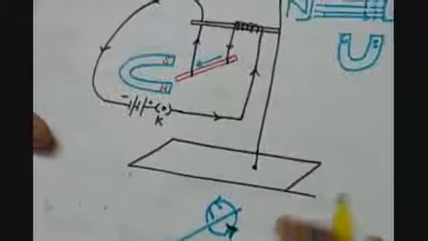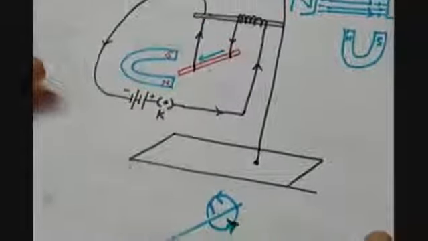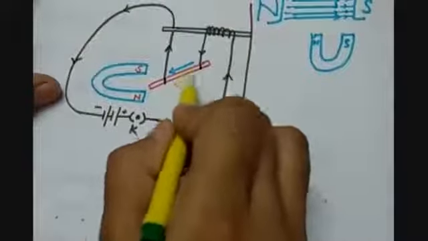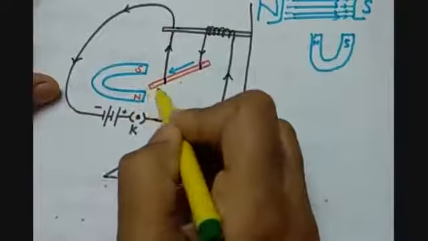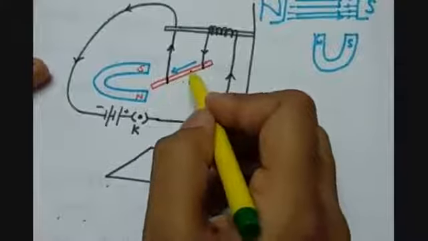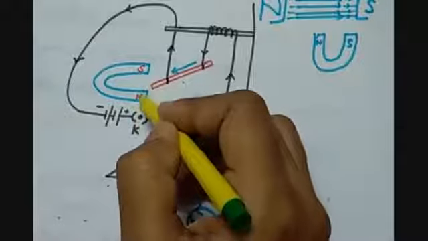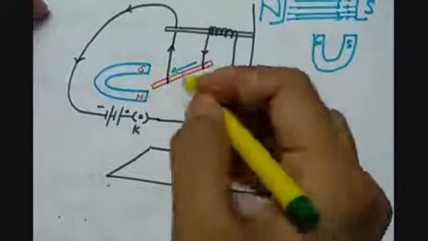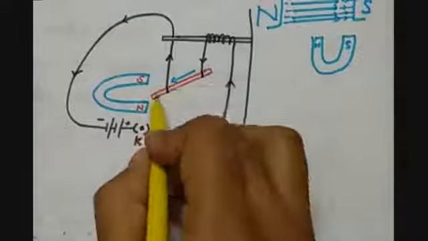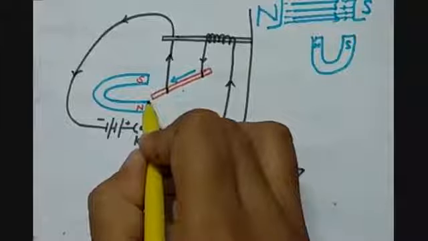Now we have to understand that the magnetic field produced around the straight conductor, which is the aluminium strip here, is having a magnetic field. As this is a straight conductor, there will be concentric circles around the conductor, and when this magnetic field interacts with the magnetic field lines of the horseshoe magnet, then this pole of the aluminium strip will behave as the north pole,